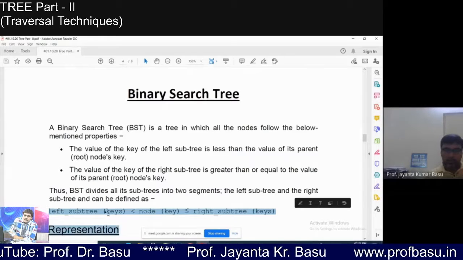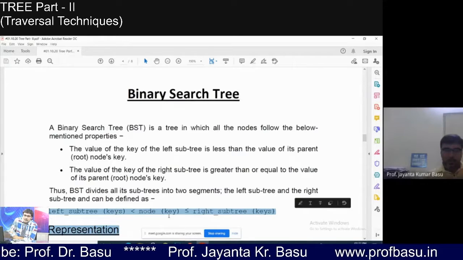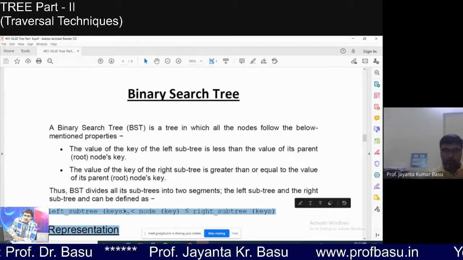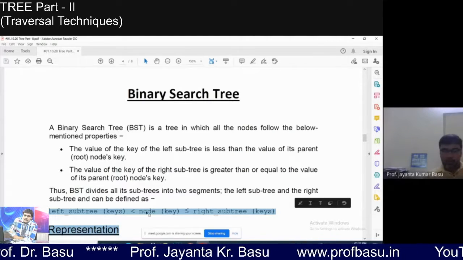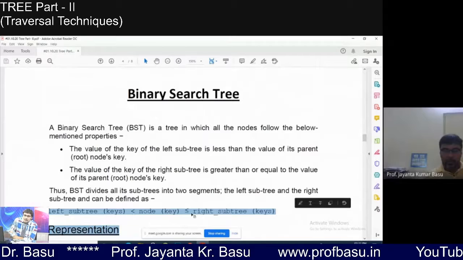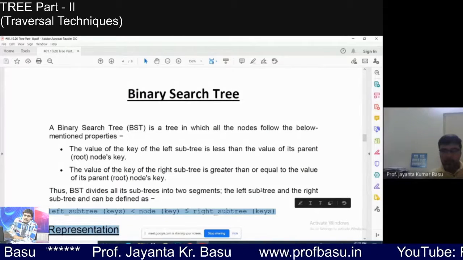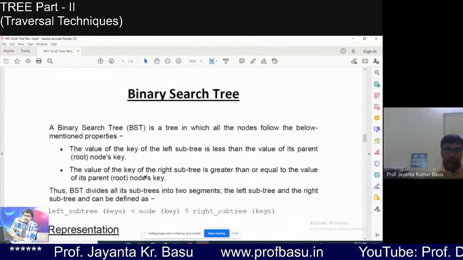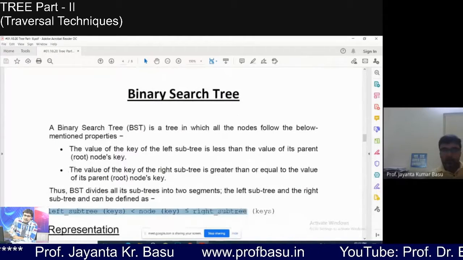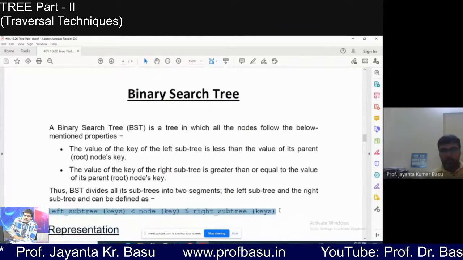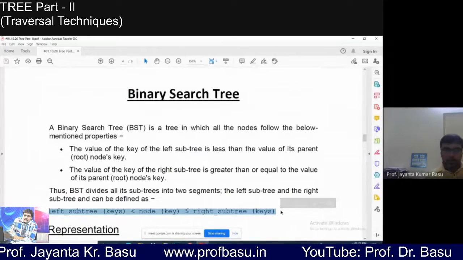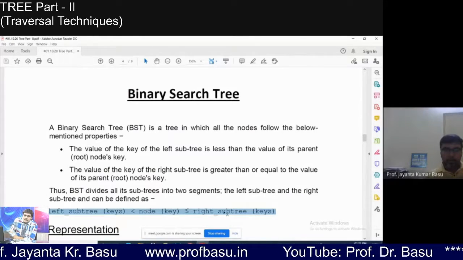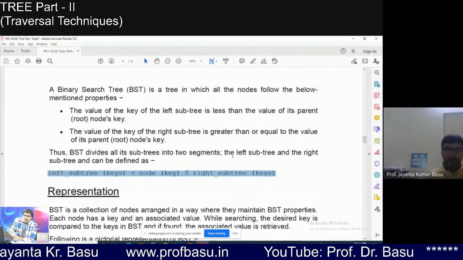The left subtree key is less than the node key, which is less than or equal to the right subtree key, greater than or equal to. I told you. So in one statement you can write that this is the property of a binary search tree.